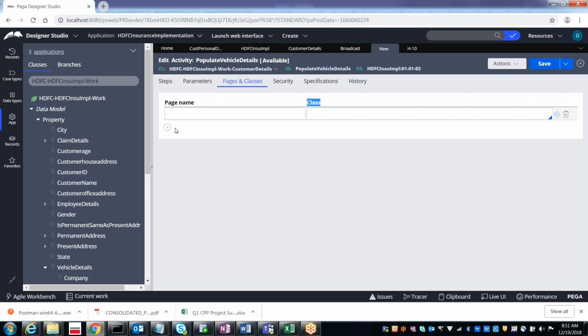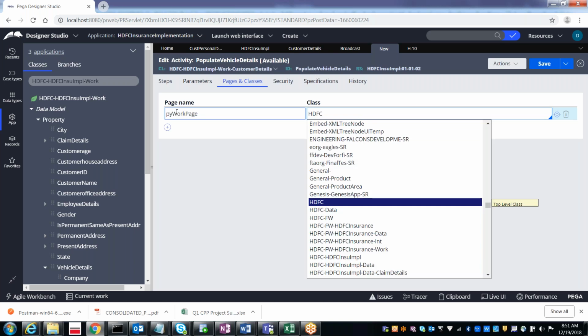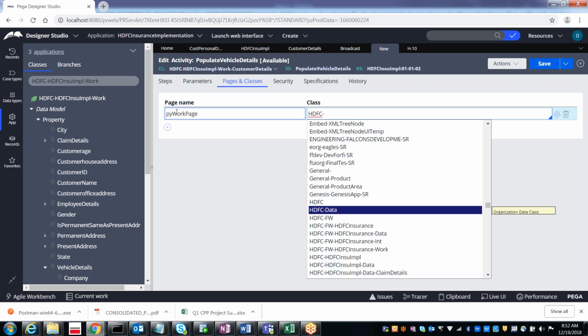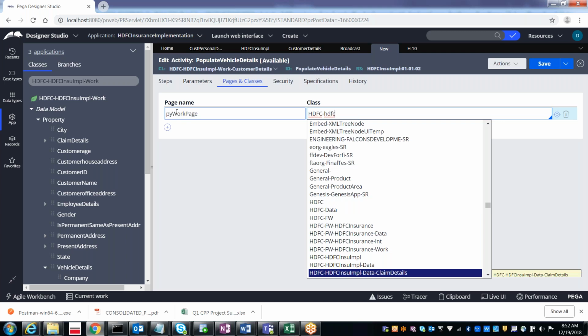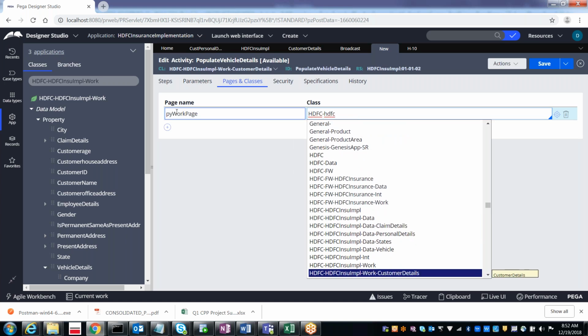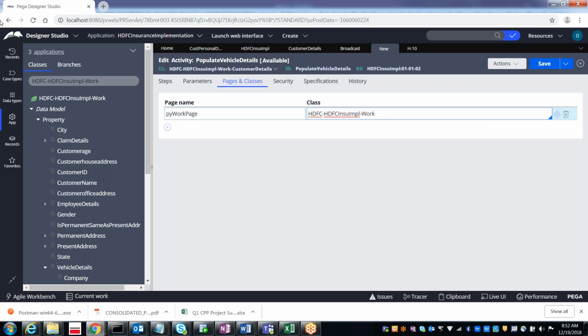So in the same way, if you want to access this page, you have to specify that page name, PY work page, and then either you can type it manually, otherwise you can press the down arrow and select from the list. You can access any class.